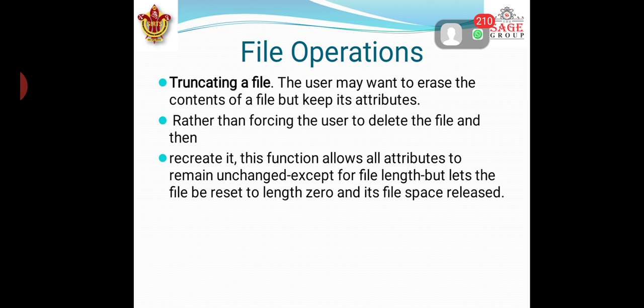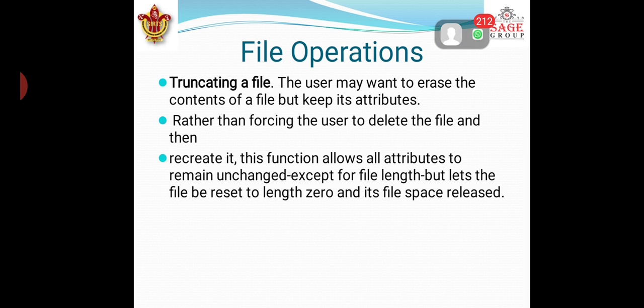The next is get and set attributes. Get attribute is used before performing an operation on a file. When a user requests a file for any operation, get attribute is executed by the process. Depending upon the attributes, the user can allow or deny the operation. The user can set attributes and change them after creation of the file. This is the get and the set. Get attribute is used before performing an operation on a file and set attribute is used to allow or deny the operation.